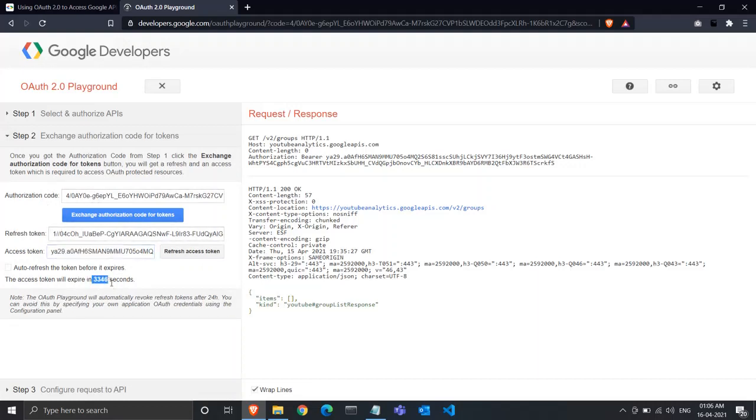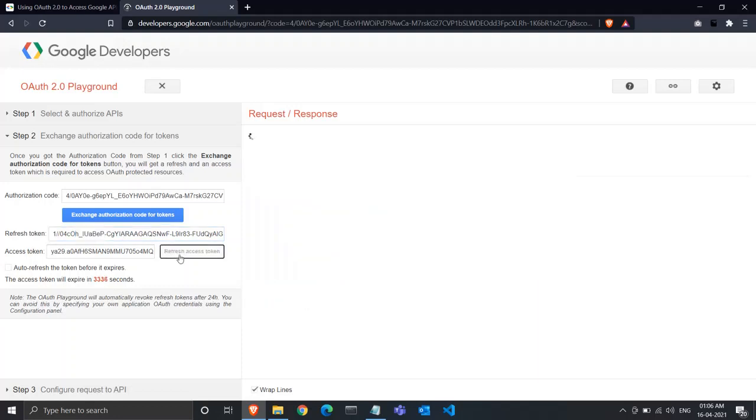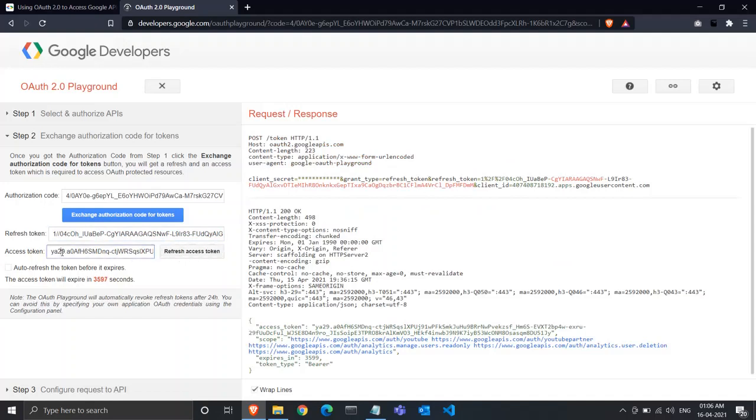This access token will be valid for only 1 hour, and after the 1 hour, you can use this refresh token to get another access token. So if I press this refresh token, I'll get another token which will be valid for another 1 hour. This refresh token is usually valid for a long period of time. Google hasn't mentioned exactly how long this refresh token will be valid, but they have given certain conditions on when this token can be invalidated, and you can check this out on their website.